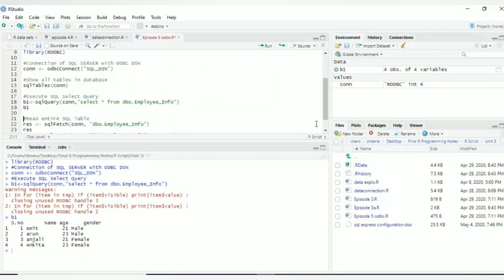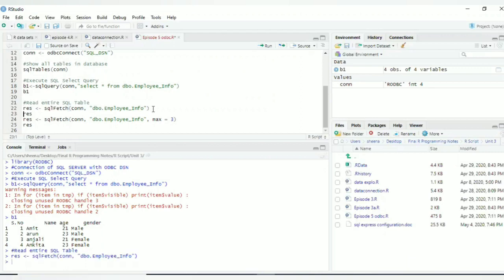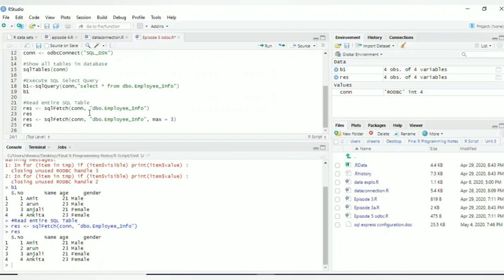The other way to access the table is sqlFetch. In sqlFetch also, the first parameter is connection. Second is your table name. Here you can run the query. Once you run the query, you can see that you have accessed the table which you have created in SQL Express. There is one more parameter called max.